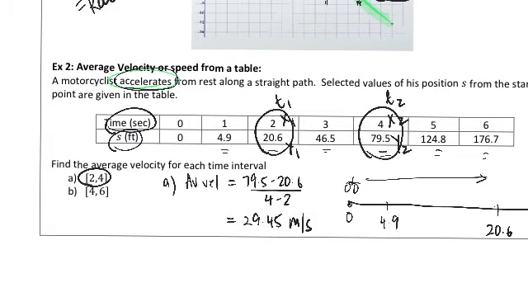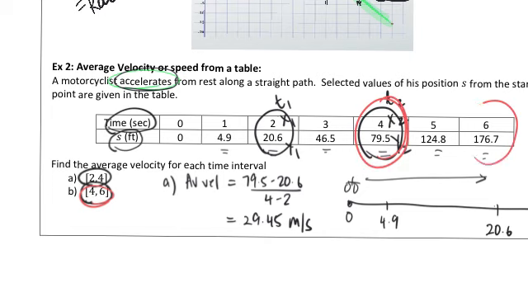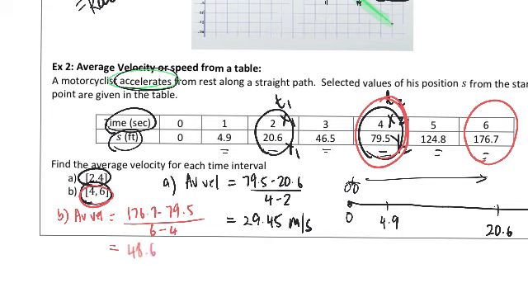If you were to do the same thing between 4 and 6, well, now you're looking at these 2 times. And so you would do average velocity for B is going to be 176.7 minus 79.5 divided by, again, 6 minus 4, which is 2. So this works out to be 48.6